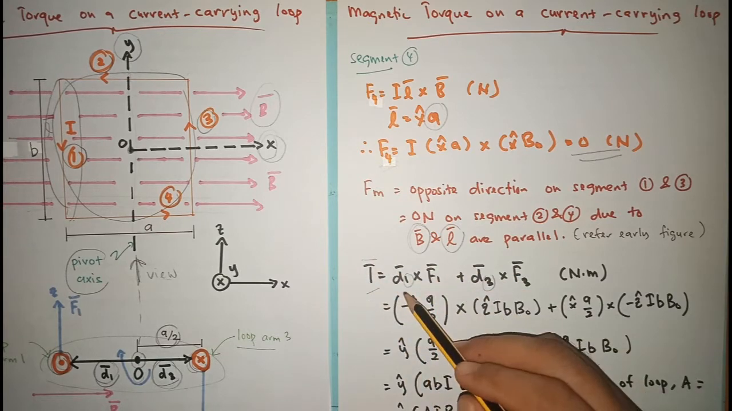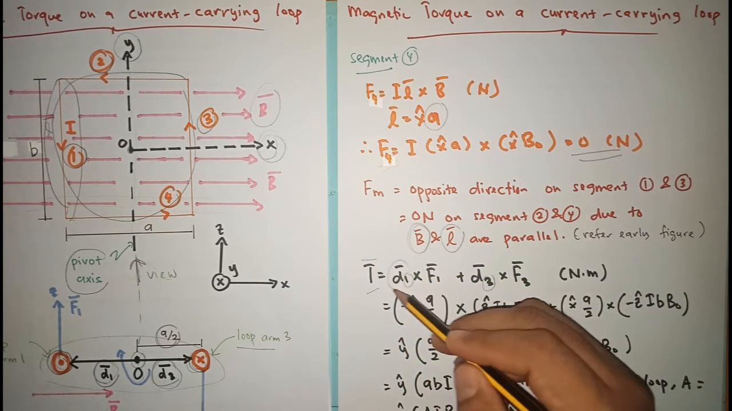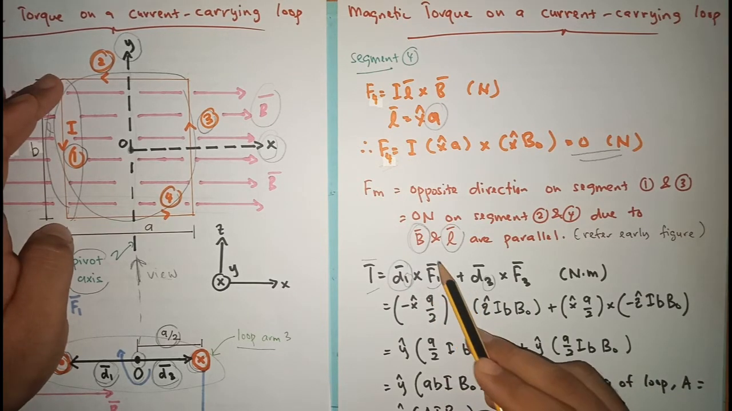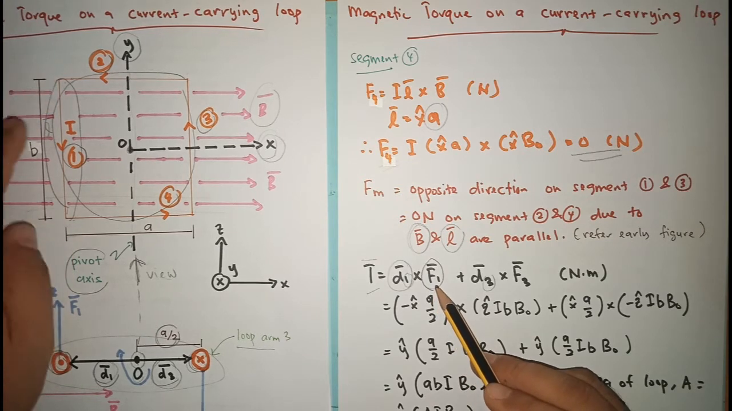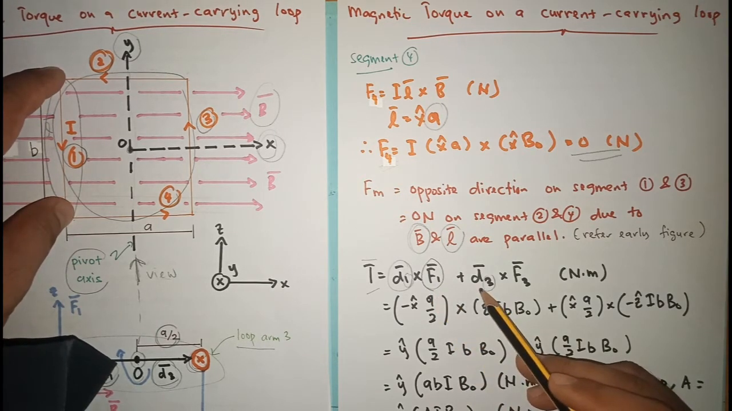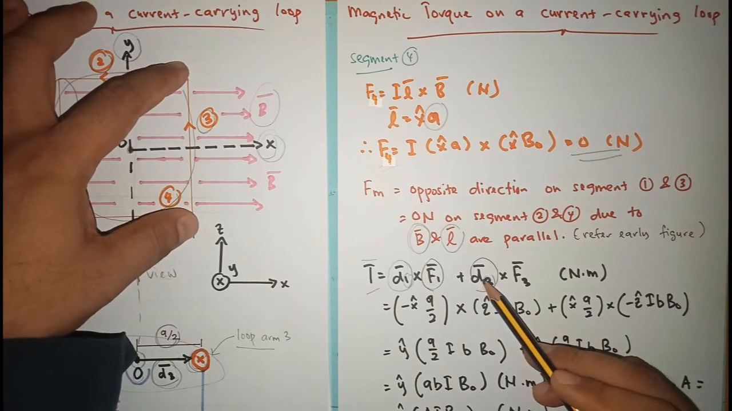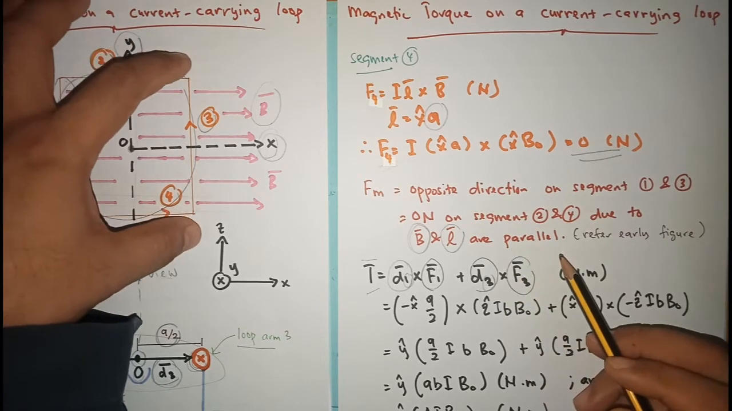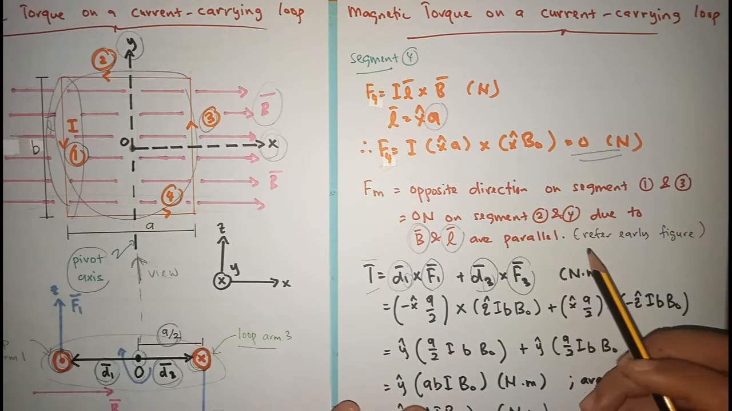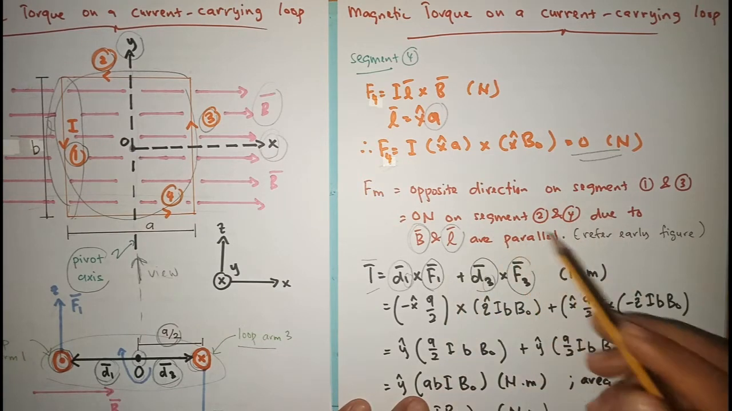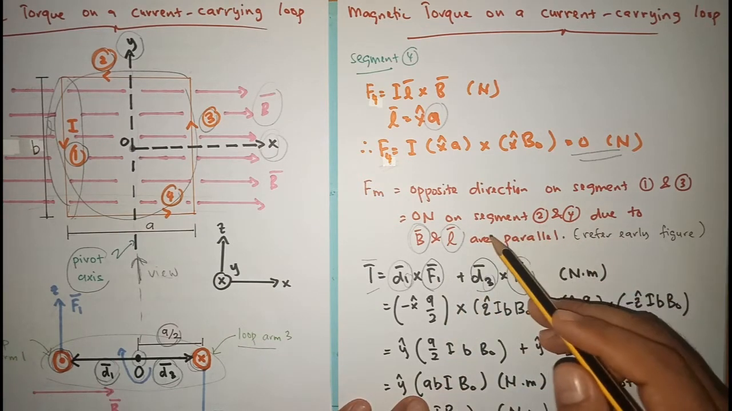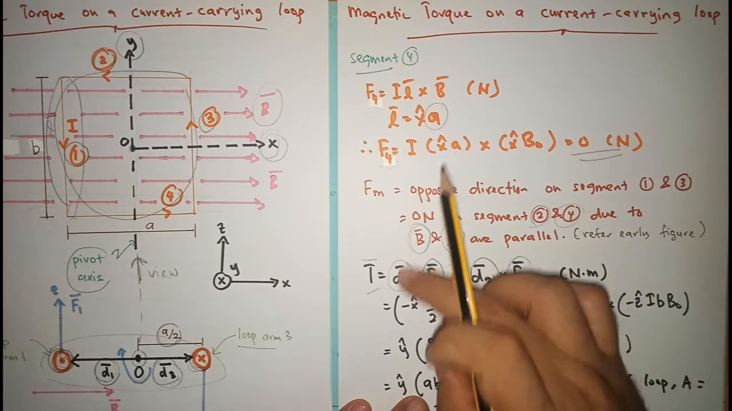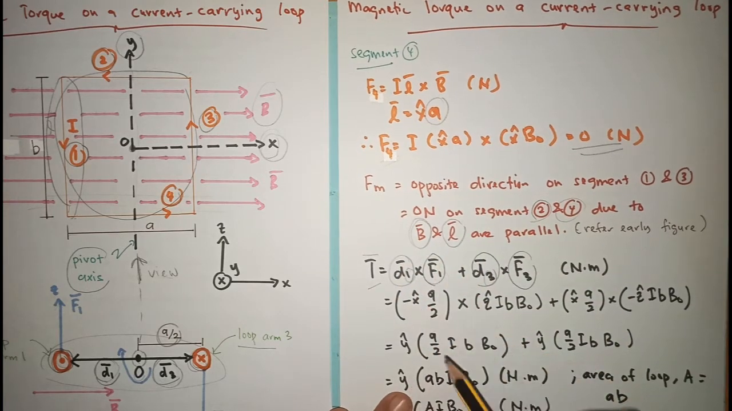representing the torque, equal to vector D, the moment arm for the first segment, cross with F1, which is the force produced on the first segment, plus the vector D3, the moment arm on the third segment, cross with F3, which is the force produced on the third segment. The rest will become 0, especially what happened in our second and the fourth segment. So by replacing with all the parameters that we know, for example,